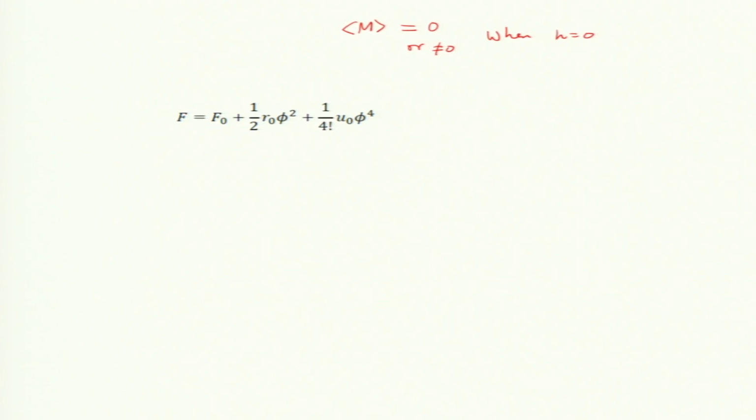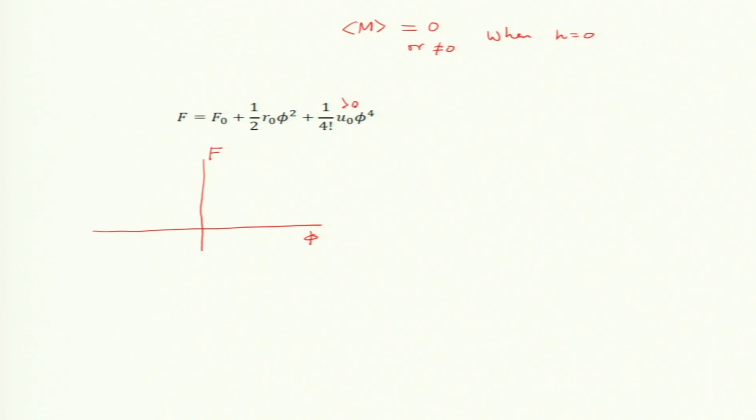Okay. So, let us plot the free energy. When I plot it, my parameter is that I change the temperature, U_0 you are not changing, U_0 is a coupling constant which we will freeze, we will say there is some constant coupling, but I am changing R_0. If R_0 is positive, so this function of phi, phi is constant, so you can take phi as a number. So, if R_0 is positive and U_0 is also positive, okay, this is always positive.